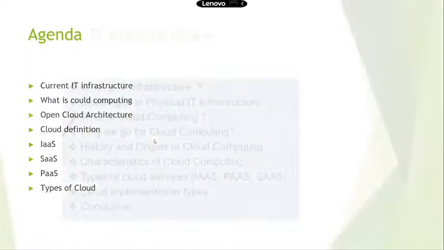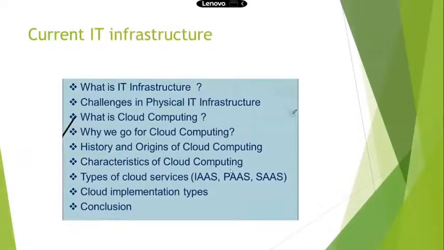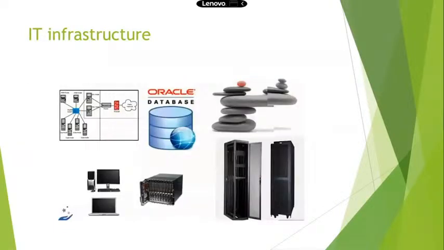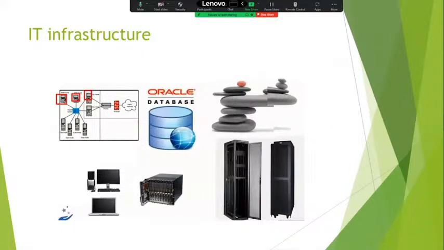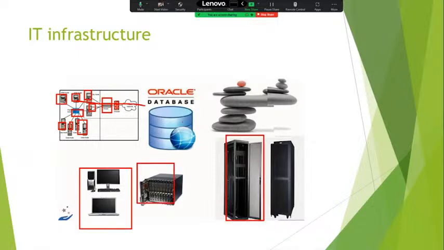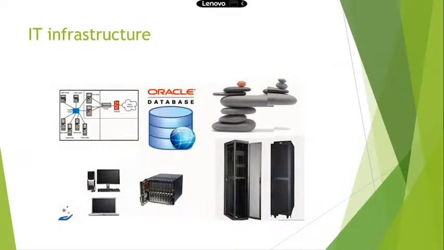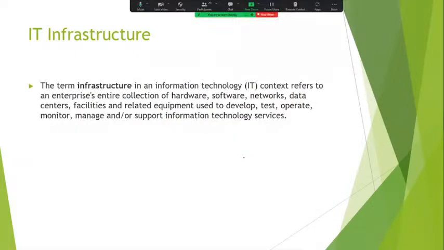A data center. If you go to any organization, the company will have their own data center. See, this is the exact picture of IT infrastructure. These are the devices. Devices are connecting to one router. This is the load balancer. The requests are maintained by the load balancer. Also, this is the hardware system, racks, database. These are the network connectivity, cables, wires. These all we will call IT infrastructure. This is the exact definition of IT infrastructure.